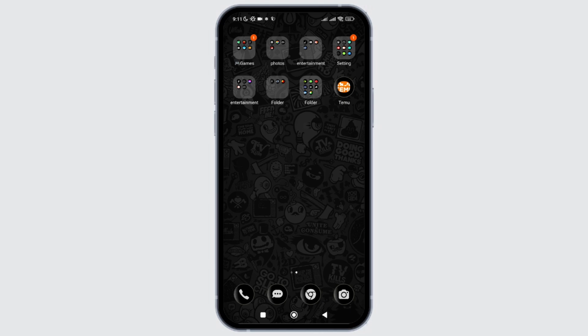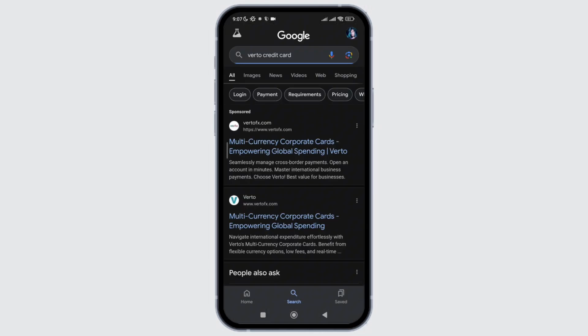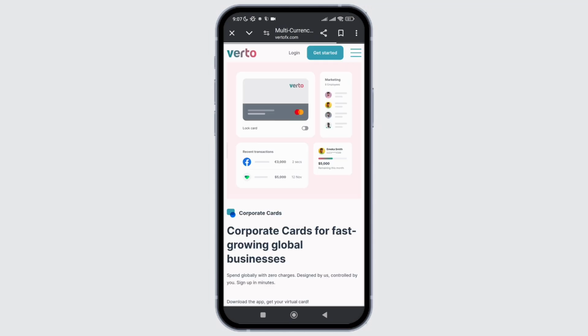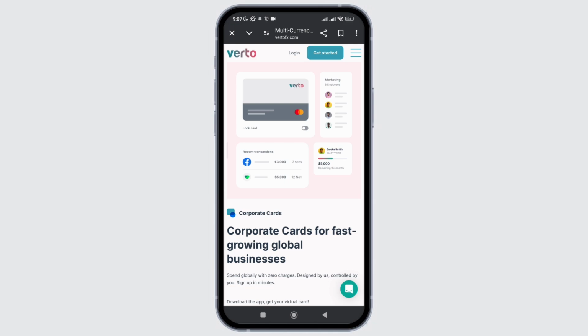For that, firstly go to the Google application in your device and simply type Verto credit card. Then, in the results, you need to go to the Verto website. Click on the link of the website and then you will be directed to the home page. At the top right corner, you will see the option of login. Simply click on it. Once you click on the login option, you will be directed to the login page of Verto